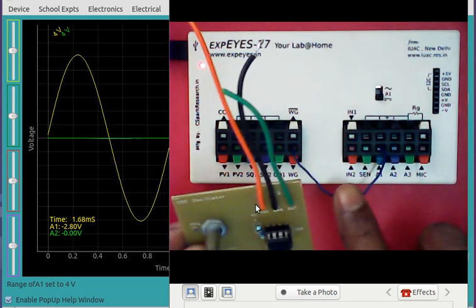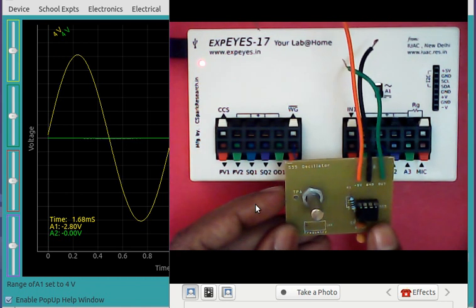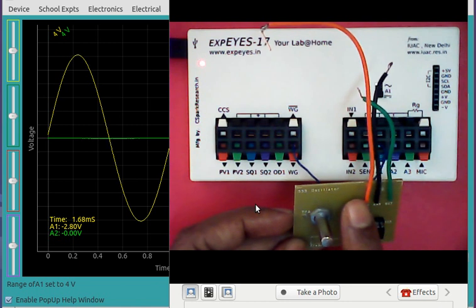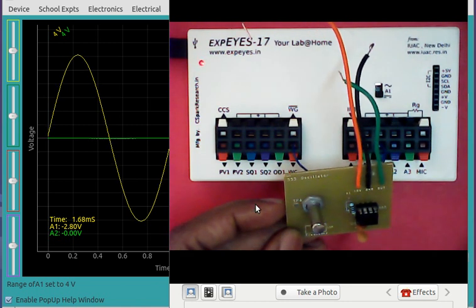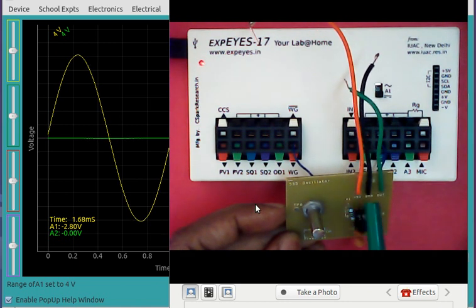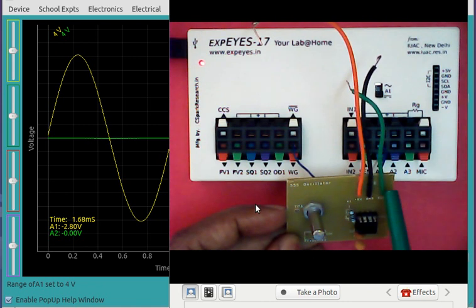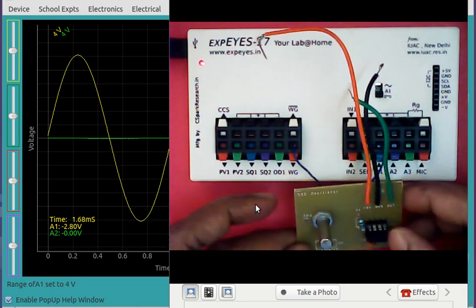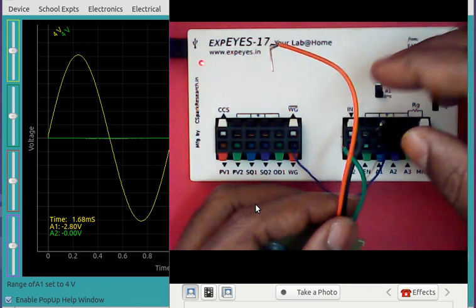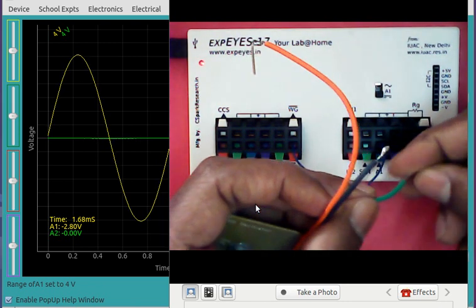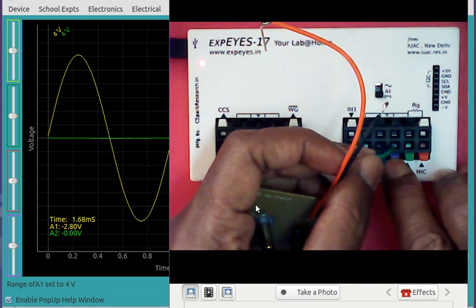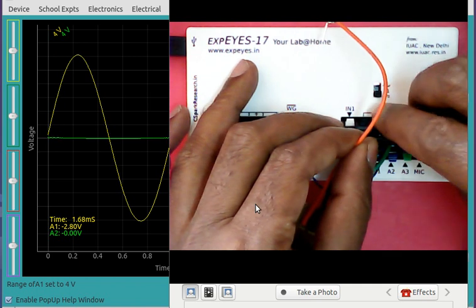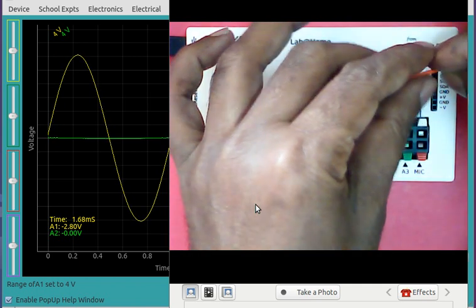Here what you see is this is a small 555 IC oscillator, and it needs a 5 volt power, 5 volt DC and ground, and this green is the output. So we can power this unit to generate the AC signal. So let us take, say, the output, we will give it to A2, and this ground is connected to one of the ground terminals, and here we have a 5 volt